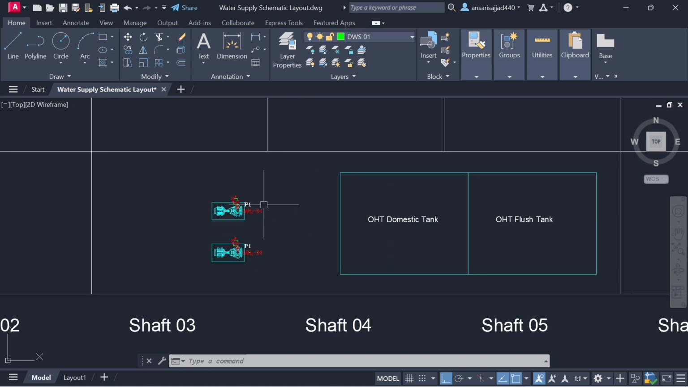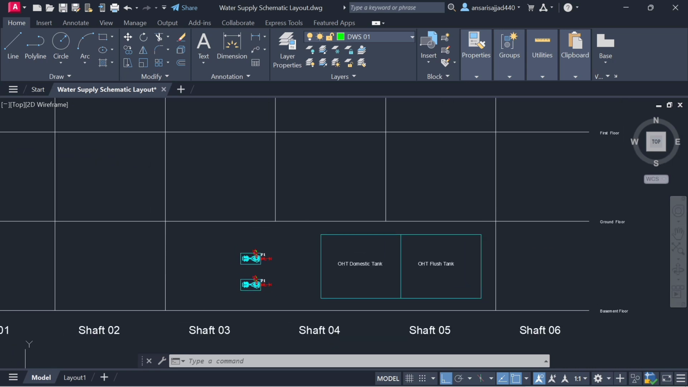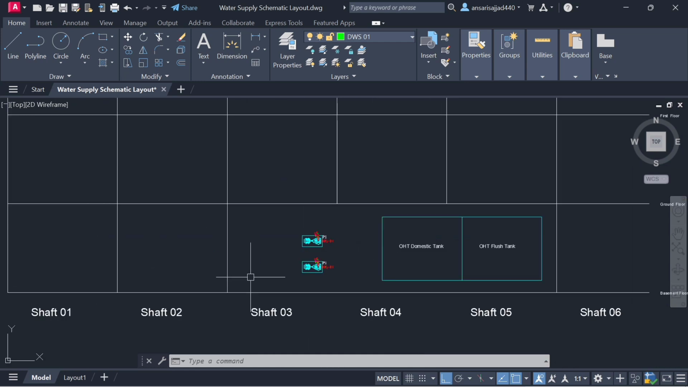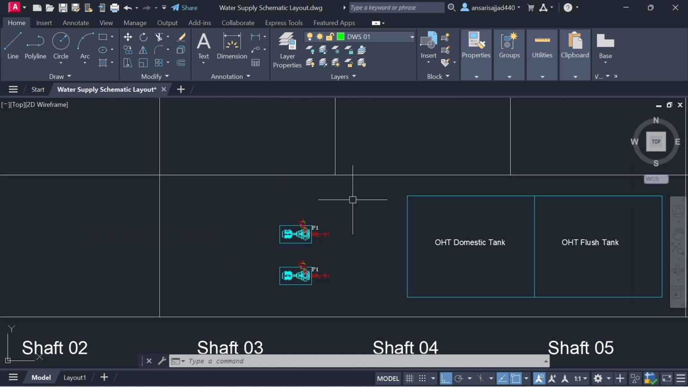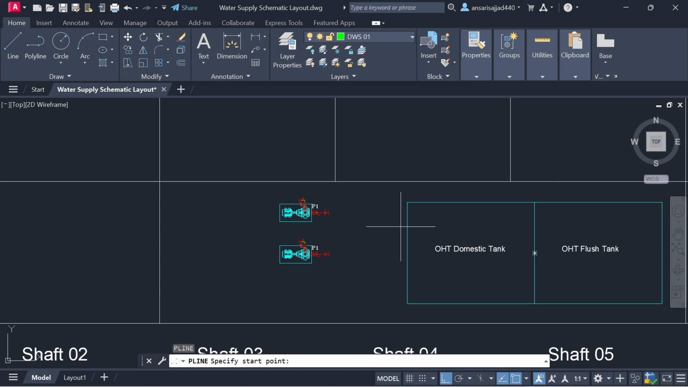Here what I am doing, both pumps are working pumps. Actually we are taking one separate pump for the domestic line to supply the domestic water to the OHT tank, and one separate pump we are taking for flush water. Okay, so first of all just select it. Okay, see what I am doing. Use the polyline command. First what we are doing,